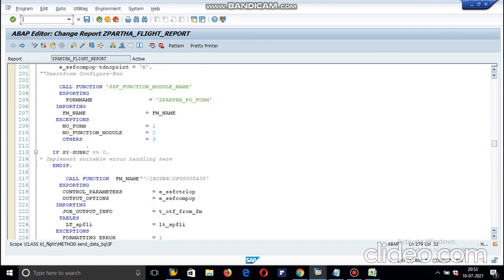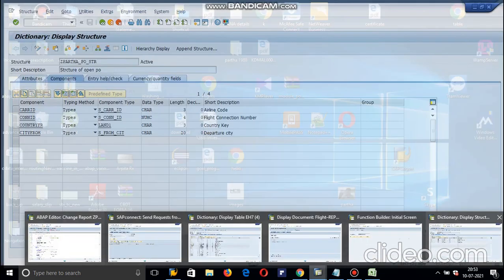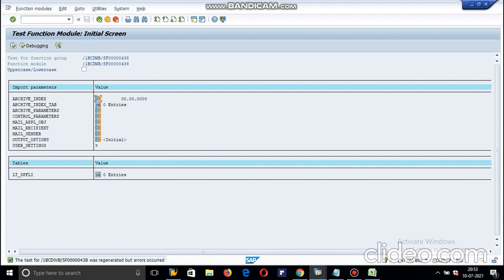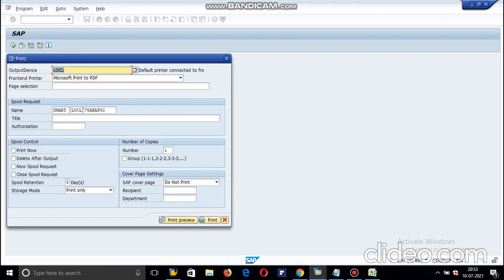Just a minute, I'll show you. If I execute this smart form, you can see that kind of pop-up will come. We need to suppress those things, and also when we are taking the OTF, this is the most important thing.